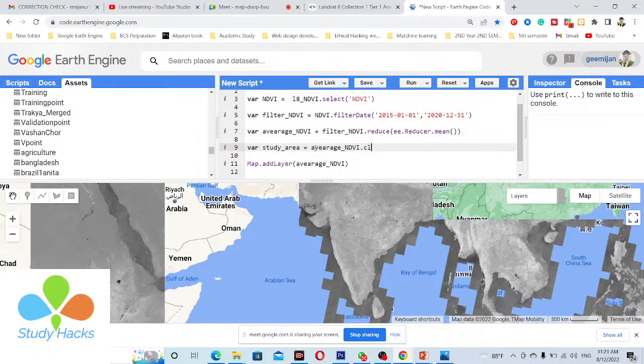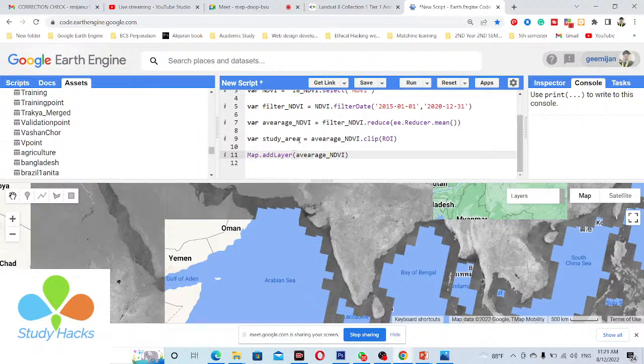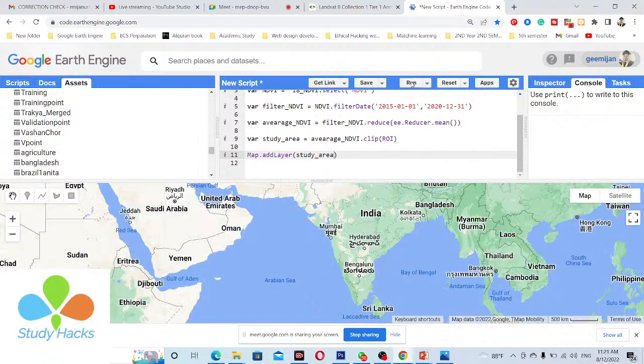This time I use the clip function. It clips with my shapefile, and my shapefile variable name is ROI. So I use the ROI. This time I want to show the result only for my study area, which is stored in this variable, study area. I copy this variable name and paste it here, and when I click run, I can now get the result only for the country boundary of Bangladesh.